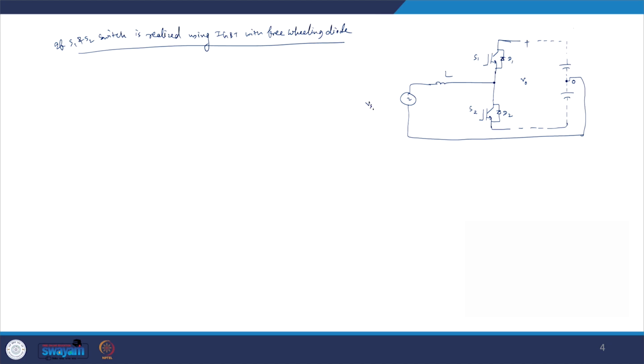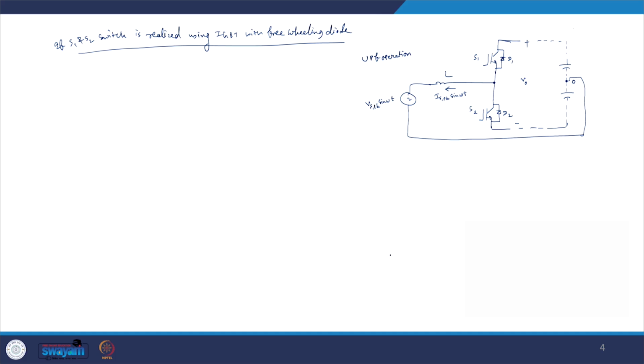This is nothing but Vs peak sin omega t. Now here, as you know, we are assuming that our converter is operating with unity power factor. So we have UPF operation, and for easy calculation, let us assume that the current is coming out of this half bridge. So we can define this Is peak sin omega t, as we have the unity power factor operation.